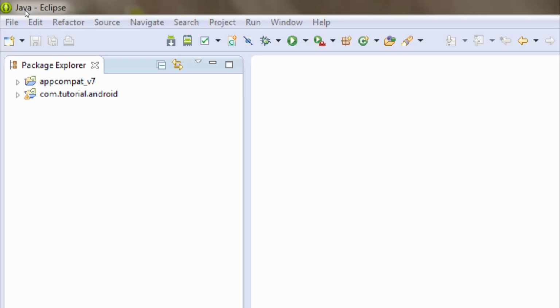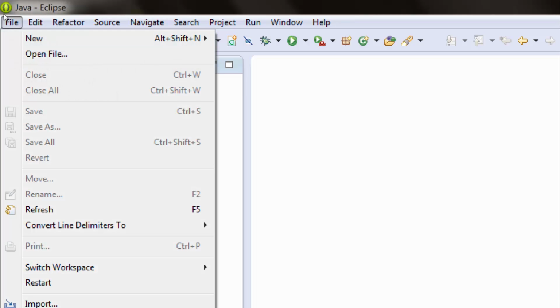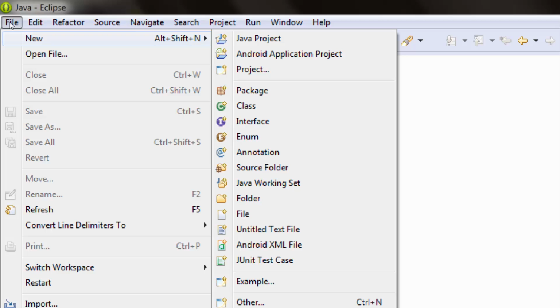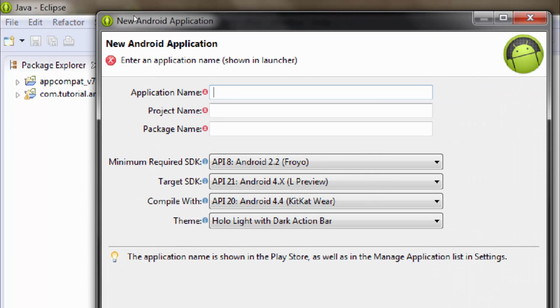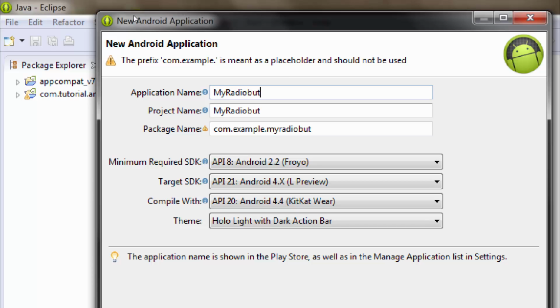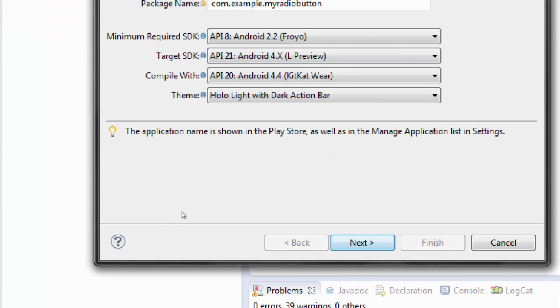This is Mark Ivan Lim, and I will teach you how to create and use a radio button in Android Eclipse. First, we must create our new Android application project by clicking File, New, and Android Application Project. Our application name will be My Radio Button. Then let's click Next,